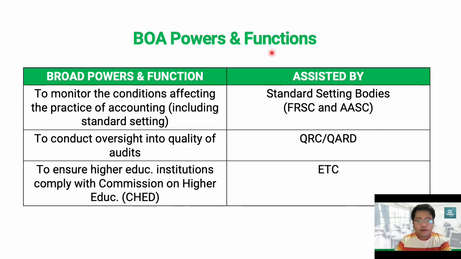That is why there are different committees and organizations established to help the BOA carry out its broad powers and functions. For example, to monitor the conditions affecting the practice of accounting, including the standard setting, we have our standard setting bodies, the FRSC and the AASC. Also, to conduct oversight into the quality of audits, we have the QRC, the Quality Review Committee, and the CARD, now known as the Quality Assurance Review Office. And finally, to ensure that higher educational institutions comply with the Commission on Higher Education or CHED,